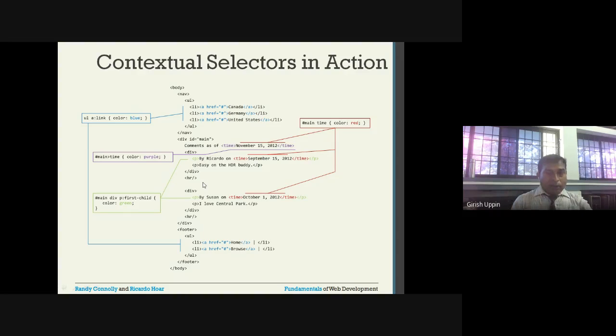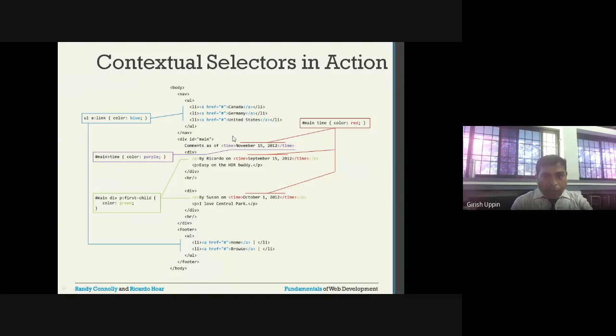And in this, the CSS, what we have is ul space a colon link, and color is blue. What is the meaning of this? Wherever there is a ul, inside ul there is a descendant a. You can see inside ul I have li, and inside li I have a. So that's a link. If this is true, then the color would be blue. So this 1 2 3 will be shown in blue color.